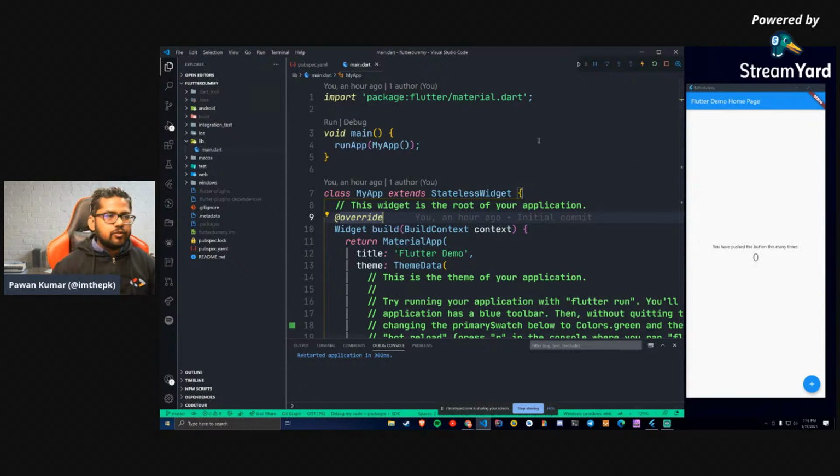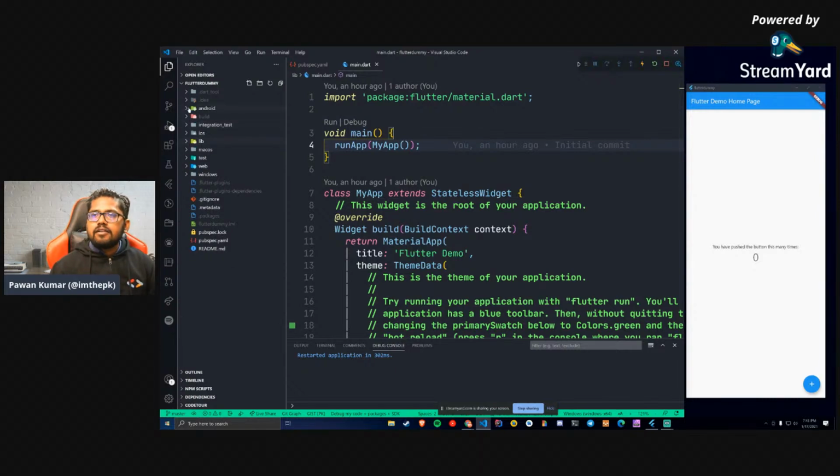Okay, that's super cool. Now, as you can see, when you start your Flutter project, when you download the Flutter SDK, install everything and create your first Flutter project, this is what you will see. On the left-hand side, you can see we get many folders: one for Android, which includes the native Android code, and one for iOS, where you will see the native iOS code and everything.